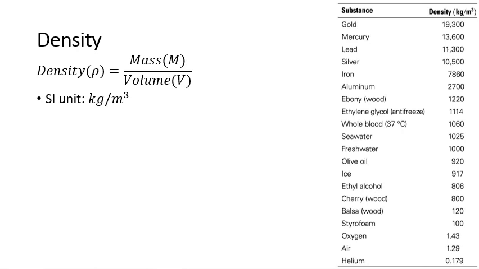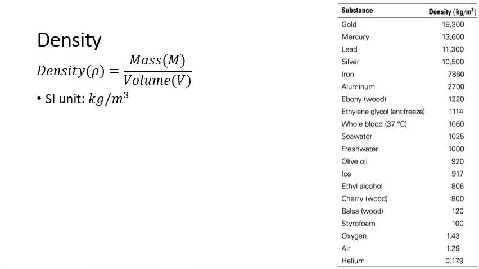And at the bottom of the table you can see air, helium, oxygen, so those are the gas substances, and the density is much less than the solid